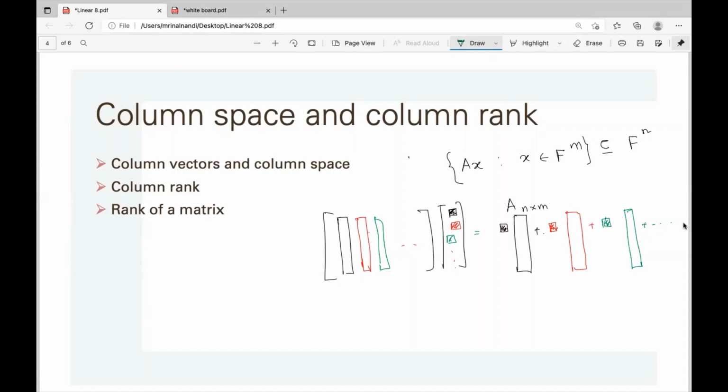This linear transformation, x goes to Ax, and next we prove that these two ranks, these two dimensions, are the same. Very amazing and interesting result. They are in different vector spaces, different dimensional vector spaces. But interestingly, the subspaces have the same dimension, and that is called the rank of the matrix. Rank of the matrix is the common number, row rank and column rank.